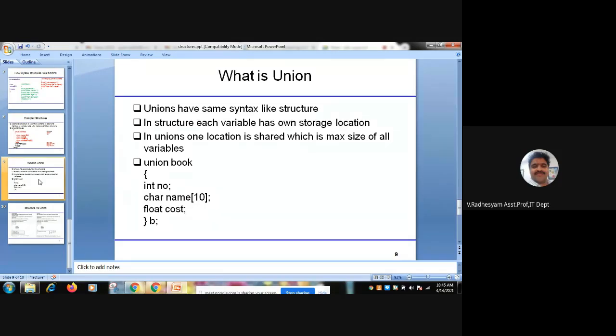I would like to mention here, struct is a keyword. Union is another keyword. If you are using unions, you need to use the keyword union instead of struct.